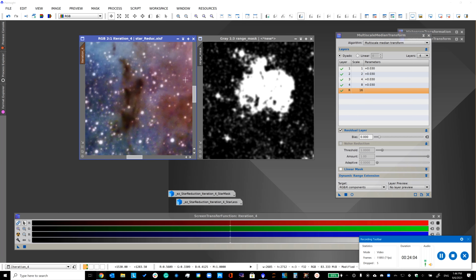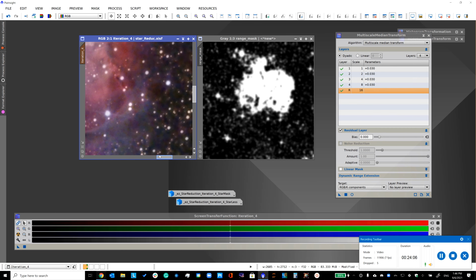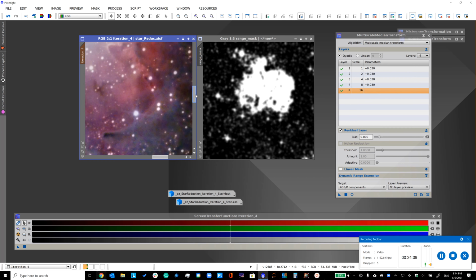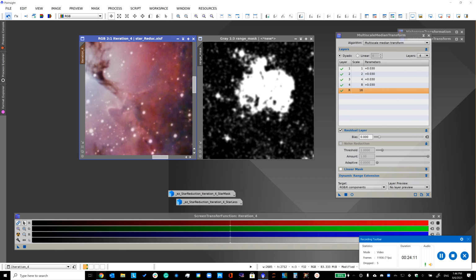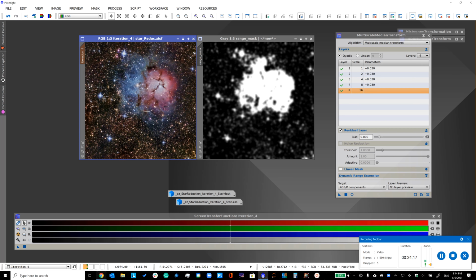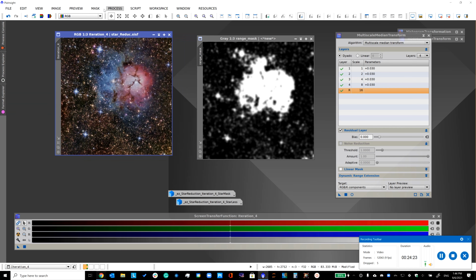Okay, so we've sharpened the image, and let's just see how we've done. So before and after. That looks pretty good. So let's remove that mask. And now let's just